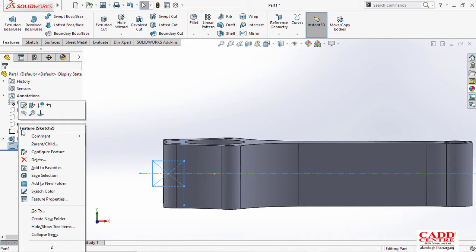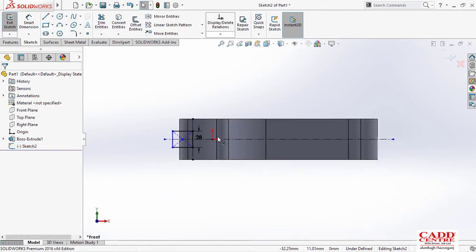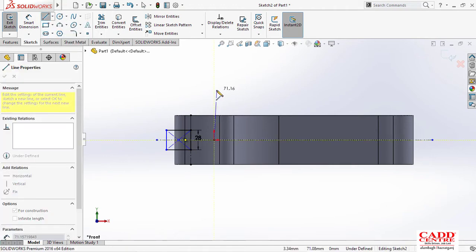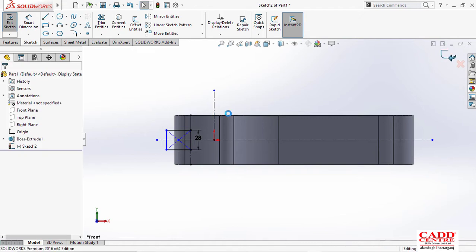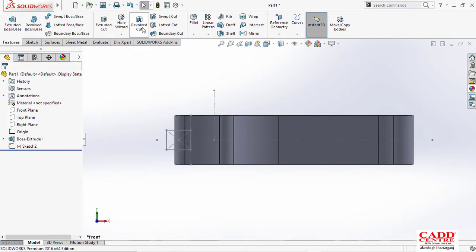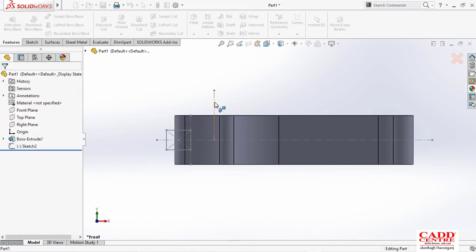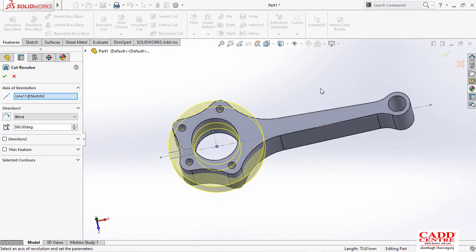make some center line, which will be considered the center point of rotation for this. So that center point will be that origin, because this is the final origin for both of the figures. Okay, now go to Revolve Cut, select your figure. It will be cut, but we don't have to cut the overall thing.